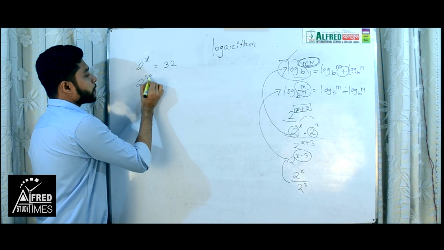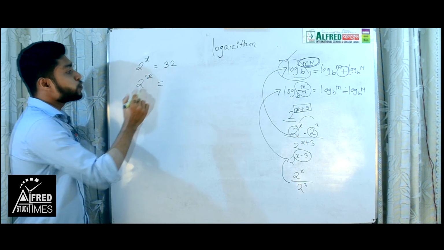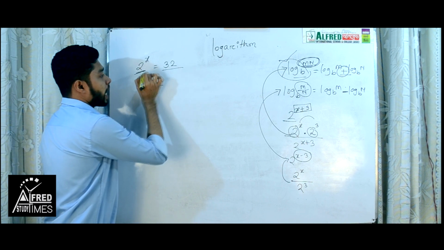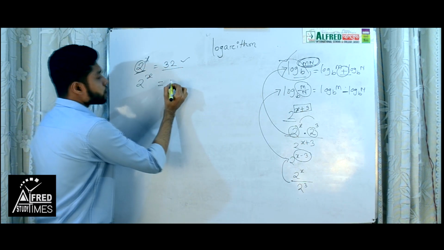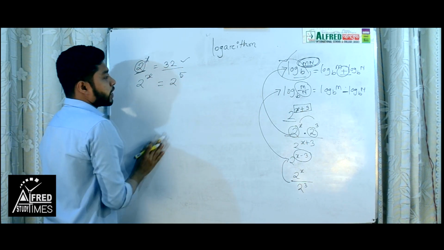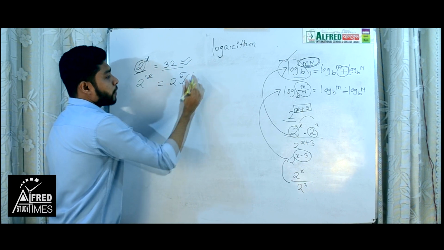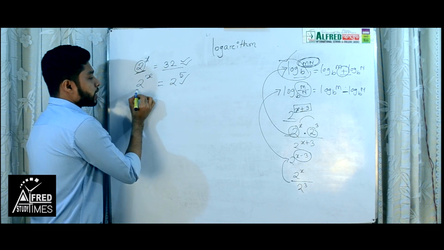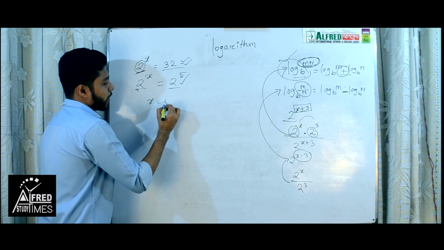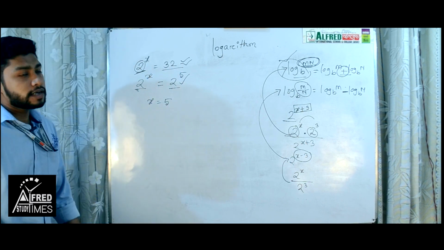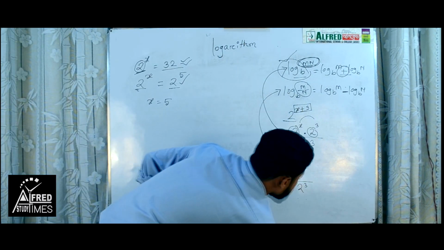We can write 2 to the power x is equal to, first thing we have to do, make the base same. We have to make 32 as a base 2. So how can we write it? 2 to the power 5. If we write it, because 32 and 2 to the power 5 are both same, here the base is equal, then it will be banished and we can write x is equal to 5, and this is too easy math for us. So now I am going to a more difficult one. Okay, here I erase it.